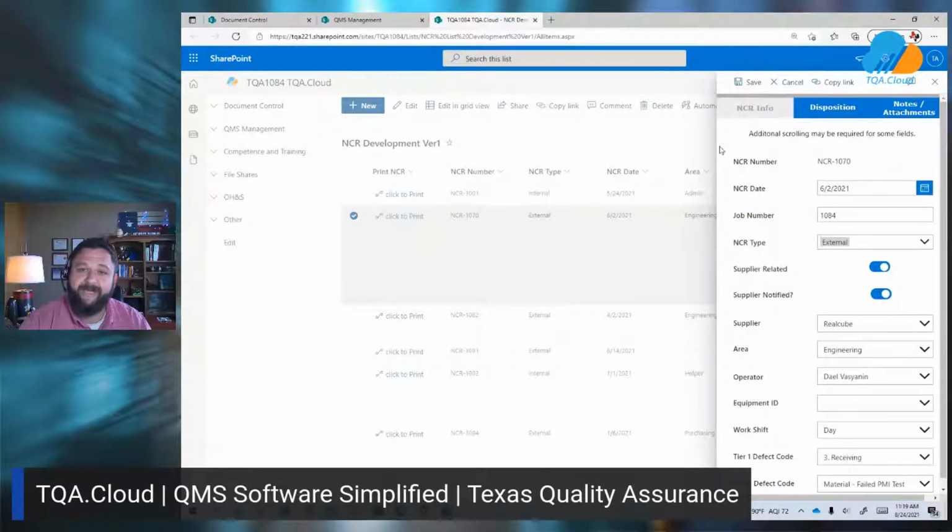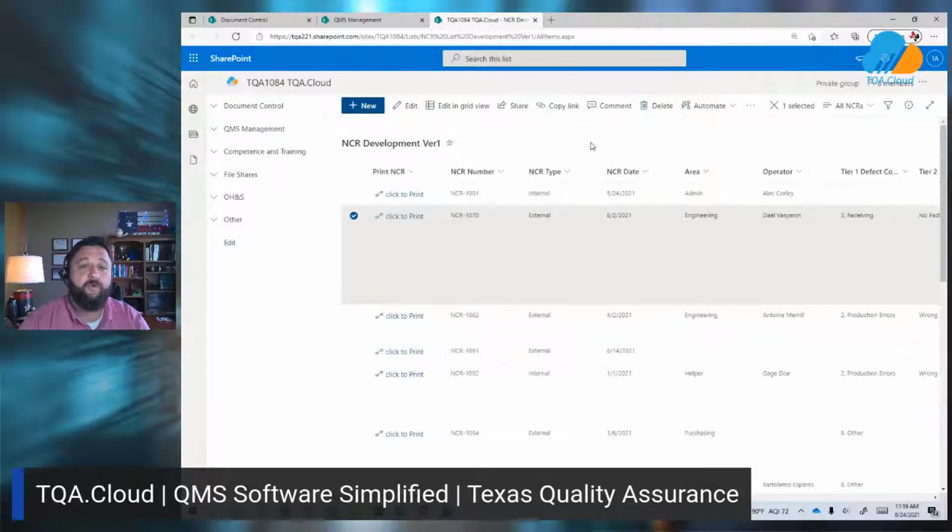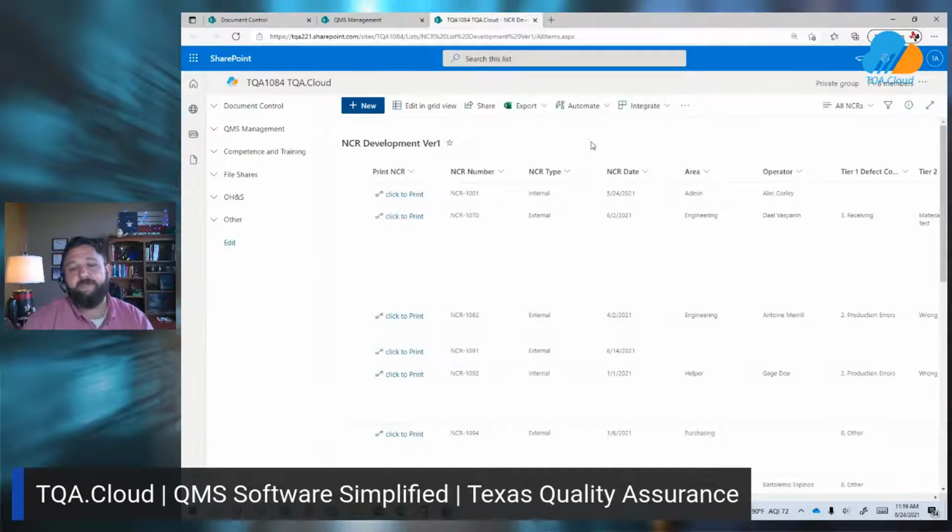Go ahead and hit save, and you as the quality manager can turn on alerts to get notified every single time a new non-conformance report is entered, or if any of these values hit a certain predefined code for you. So let's say, for instance, you want to know only about the internal non-conformance reports, but our purchasing manager wants to know about the externals. Fantastic. You can set up all of the personalized alerts that you need to stay up to date with the software and pay attention to the work that matters to you.